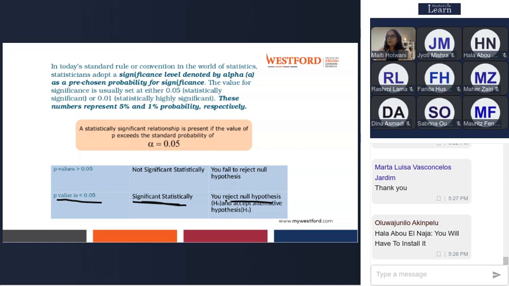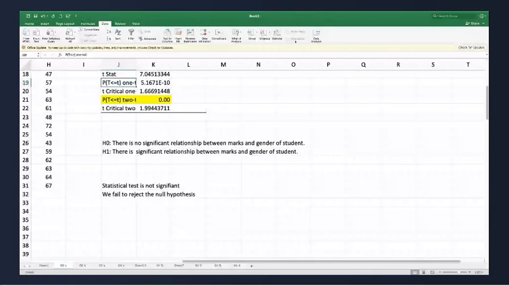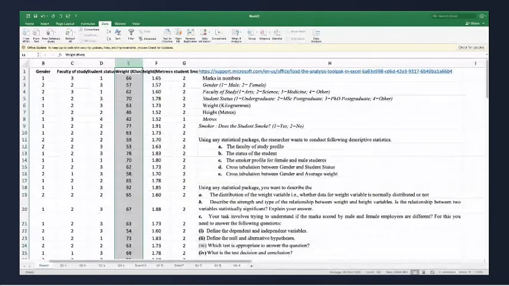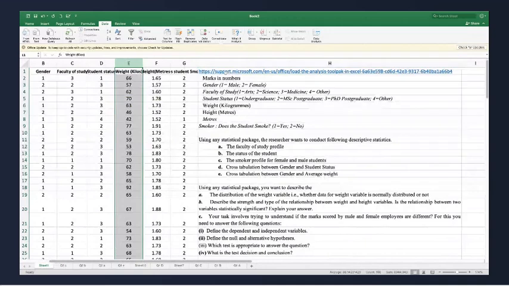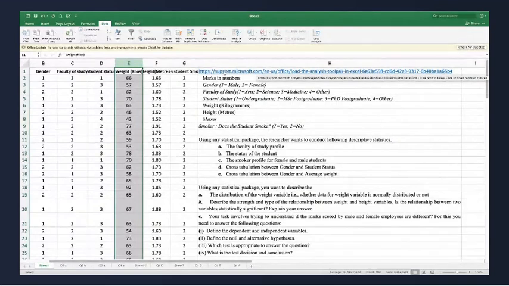Sure. So, if you don't have the data analysis link on your Excel, in this Excel sheet, in the beginning on Sheet 1, there is one link, support.microsoft.com. You will have to click on that, and then it will tell you to install this data analysis pack for yourself.